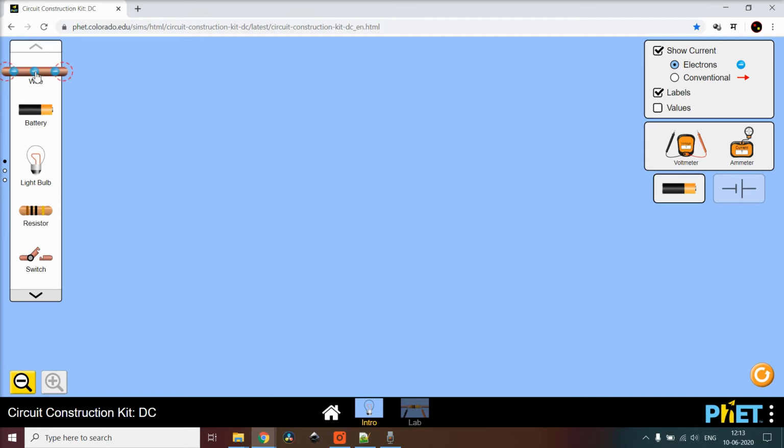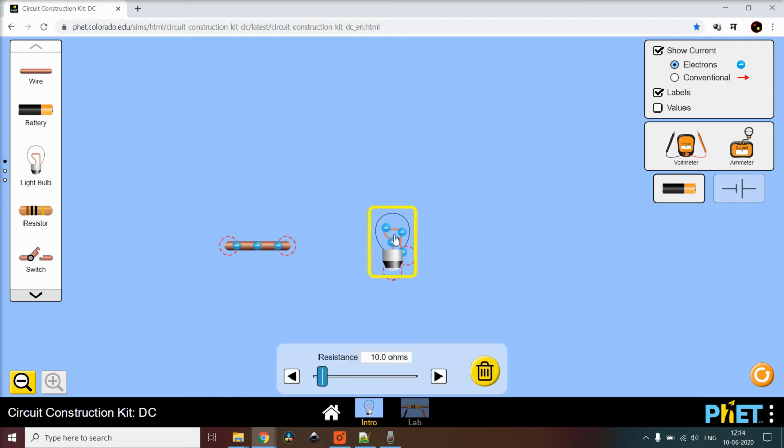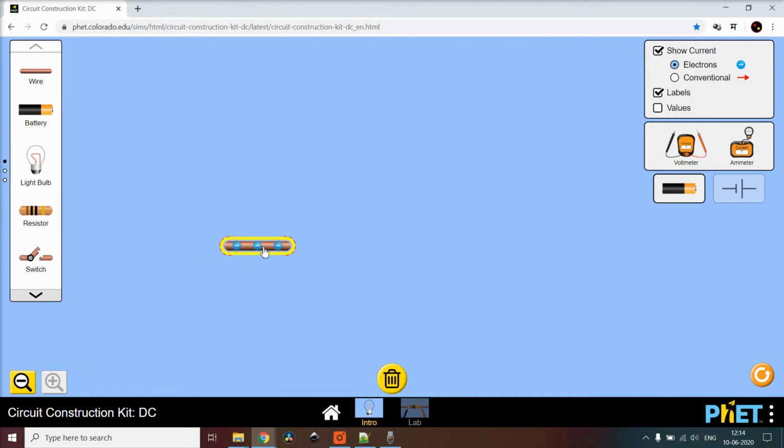To drag the component, you have to left click and drag it like this and release the mouse. Similarly, you can do the same thing for other components. Once on the canvas, you can move the component the way you want with your mouse. To delete the component, select it and hit delete, or you can use delete key on your keyboard.